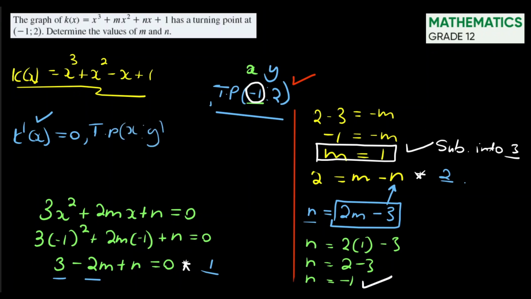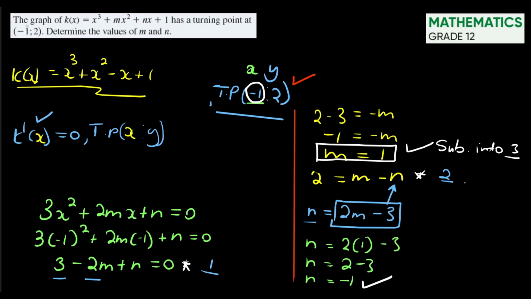So what you need to remember is that you just need to substitute the value of x that's given in the turning point into your first derivative, whatever function it is,